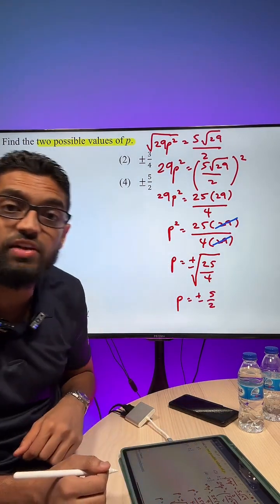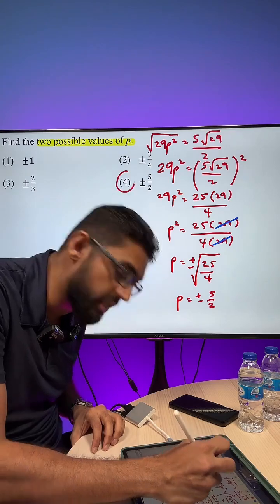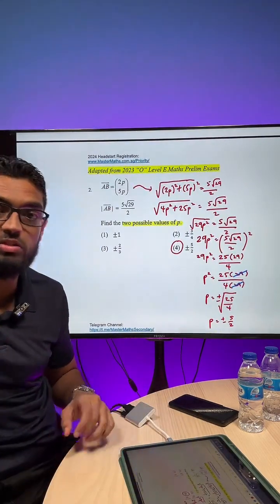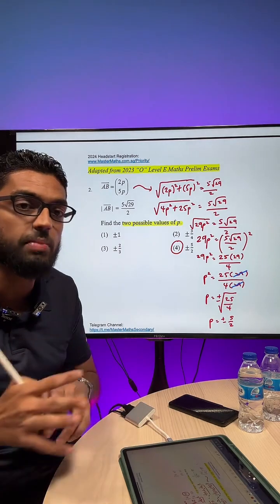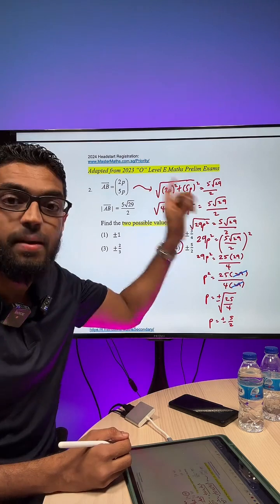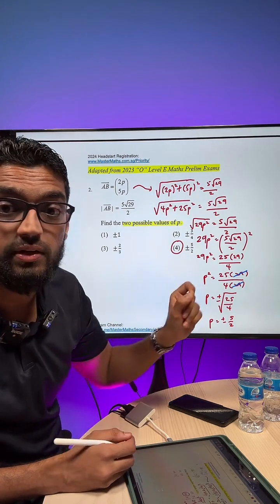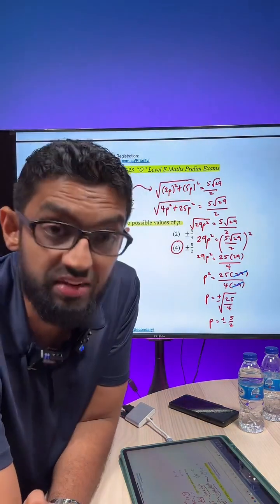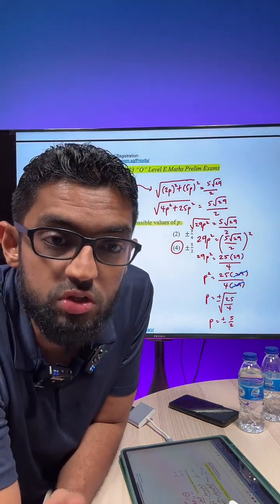Answer is option what, friends? Option 4. That's all. For this particular question, I'm going to give you some time. You may want to just copy this down or take a look at the rough steps of this entire question, whereby this is vectors, and magnitude is involved here as well. Okay guys, now I'm going to move on to the next question, which is question number 3.